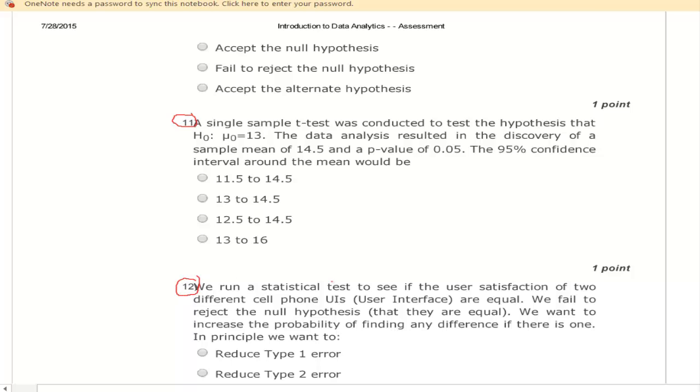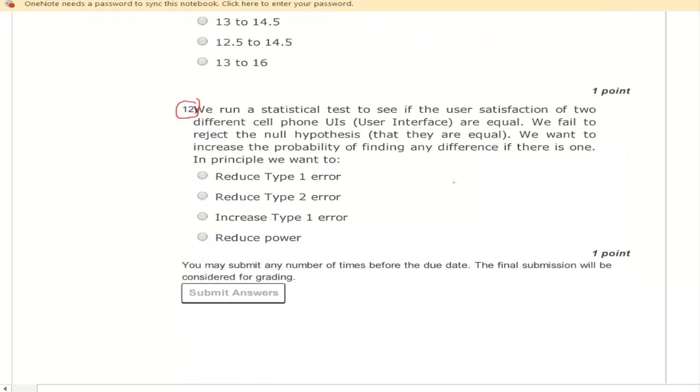Question number 12. We run a statistical test to see if the user satisfaction of two different cell phone UIs, user interfaces, are equal. We fail to reject the null hypothesis that they are equal. We want to increase the probability of finding any difference if there is one. So we've said that we originally failed to reject the null hypothesis, right? And we want to increase the probability of finding any difference if there is one. Now, that just readily means that